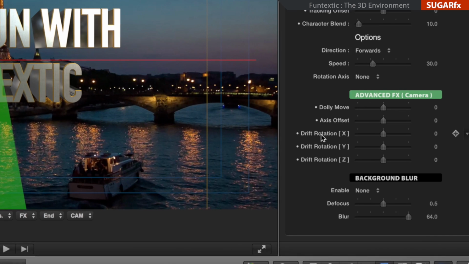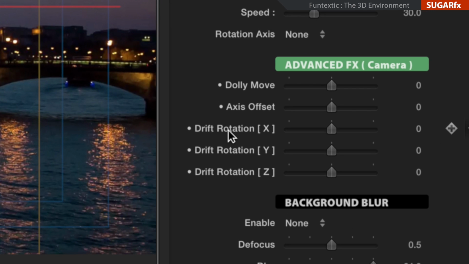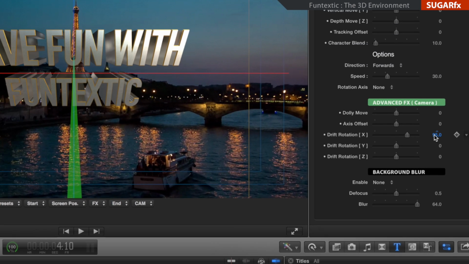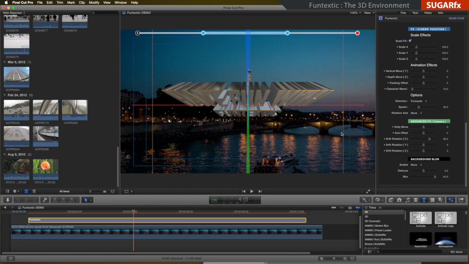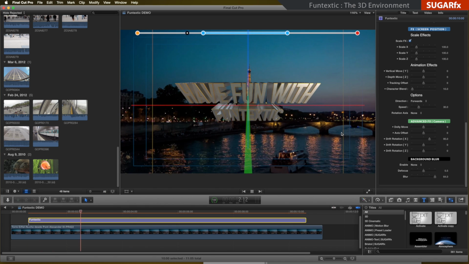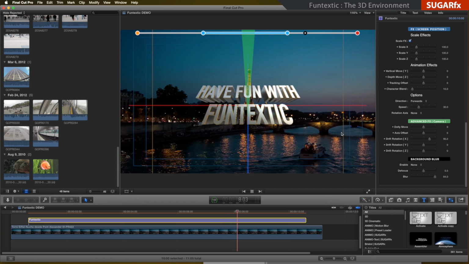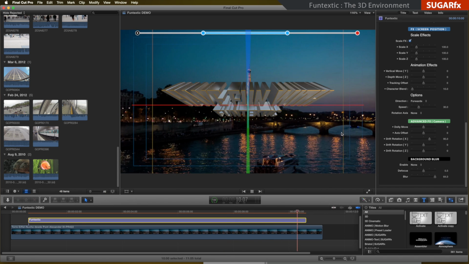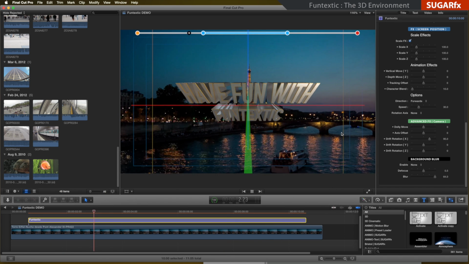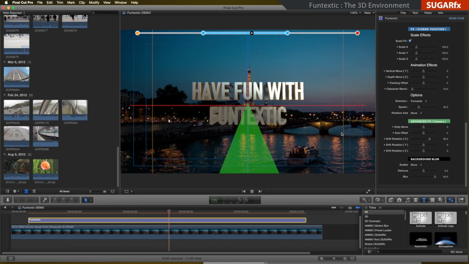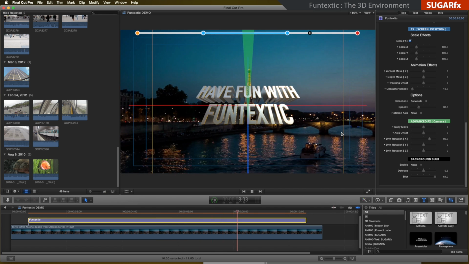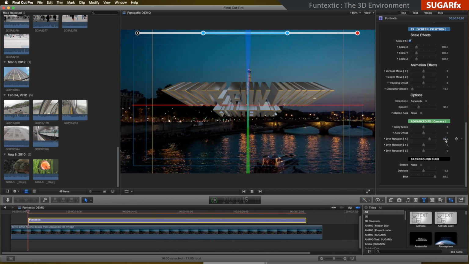The following three parameters with the word drift in their name imply that there will be an animated move in the rotation of the selected axis, and it can be turned into a negative or positive direction. These parameters will rotate the 3D environment with a constant speed throughout the entire animation. If I set the drift rotation to a value of 95, the whole 3D environment will be rotating from beginning to end when I play back the animation.